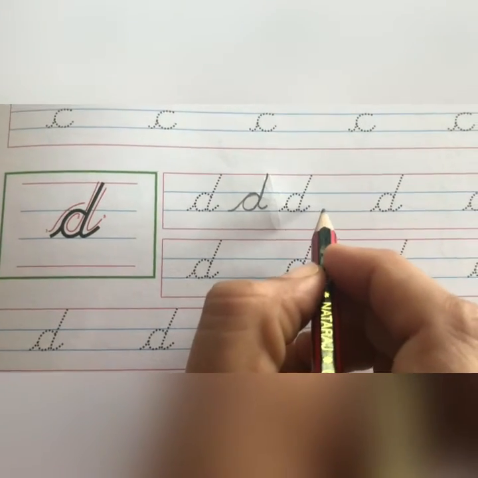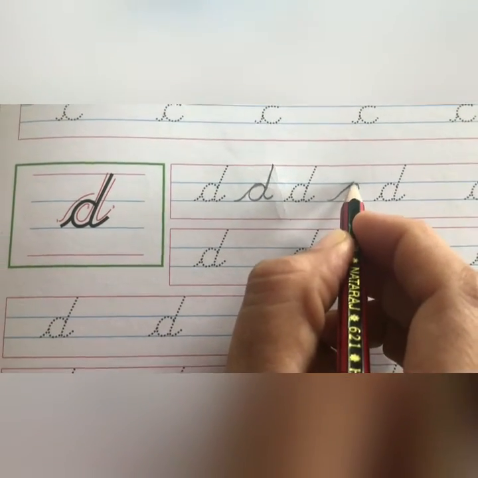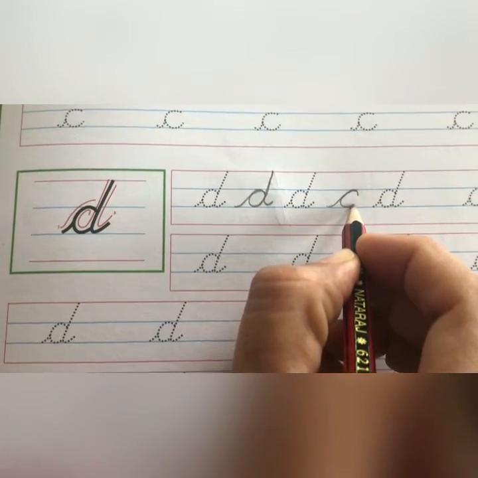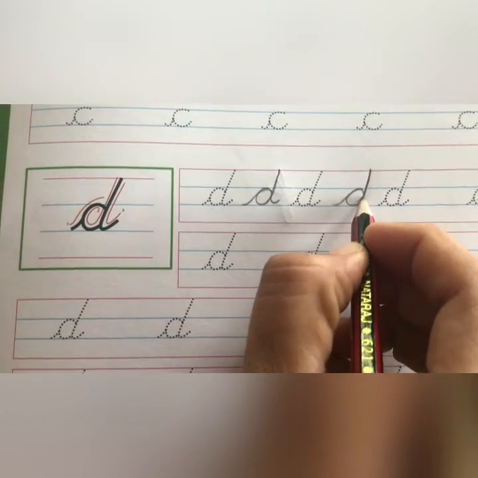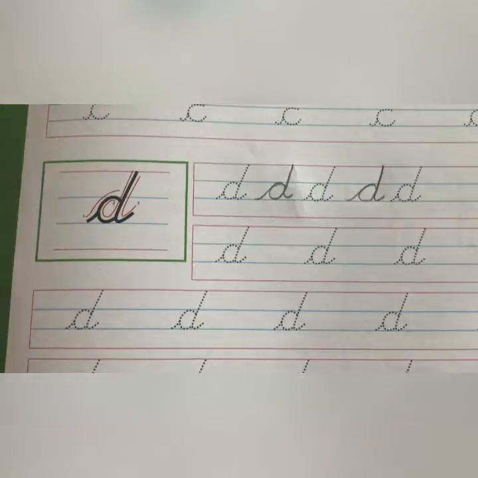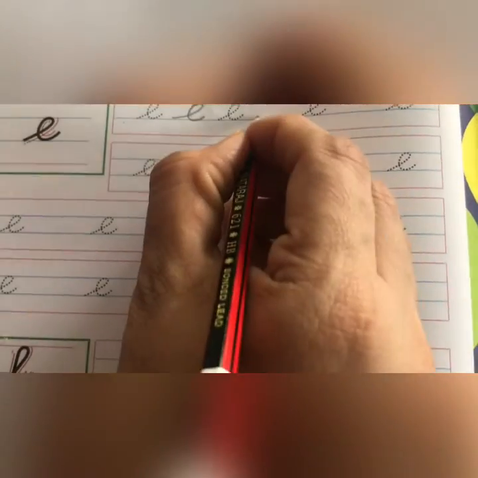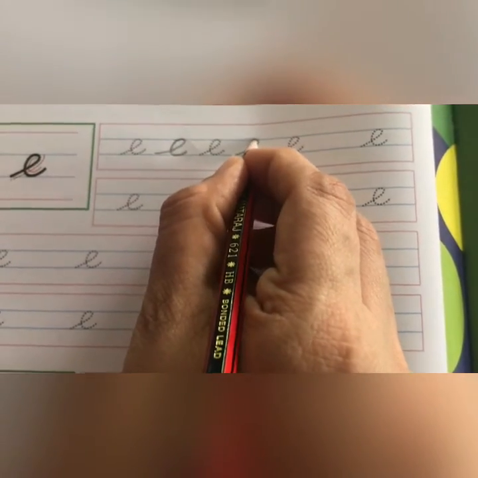So this is your letter D. You have to take it as you write C with between the 2 blue lines. Go up to the red line, come down and a curve. Turn your page and come to letter E. This is again the same way you write the C. You have to take in between 2 blue lines and a curve.